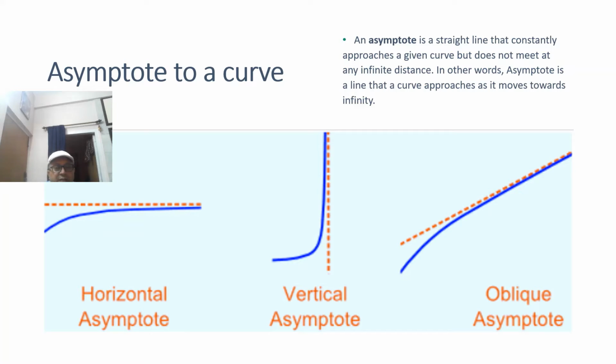I'll tell you one by one how to determine the equation of the asymptote which is parallel to x-axis, the asymptote which is parallel to y-axis, and the oblique asymptote which is definitely of the form y equal to mx plus c. This one will be of the form whose y distance, ordinate, is at a fixed distance from x-axis, so it will be of the form y equal to k. This vertical asymptote is going to be of the form x equal to k, and this is going to be of the form y equal to mx plus c. We will basically discuss these three types of asymptote in today's class.